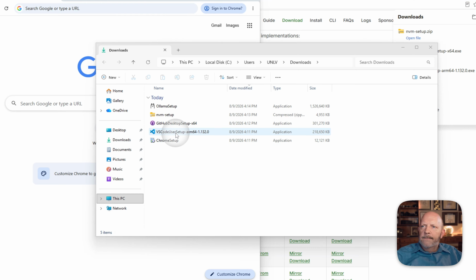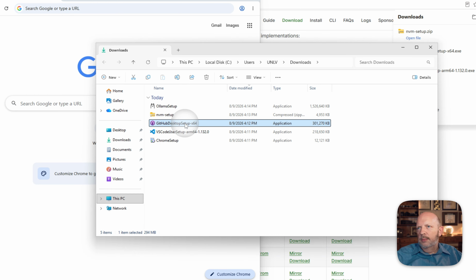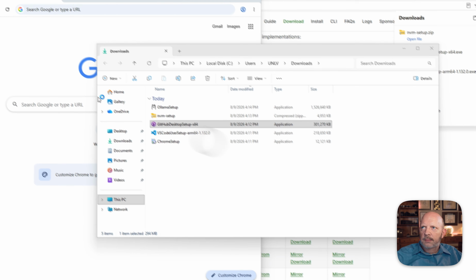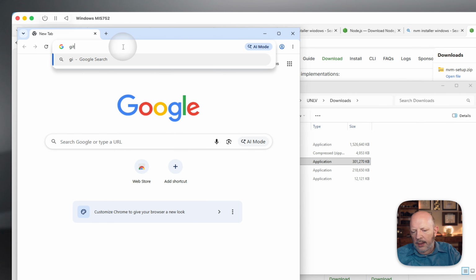So there really is no right order to install this. To use GitHub or VS Code, I need my GitHub name and password, which is on my other machine. So let me just start with GitHub. And while that loads,